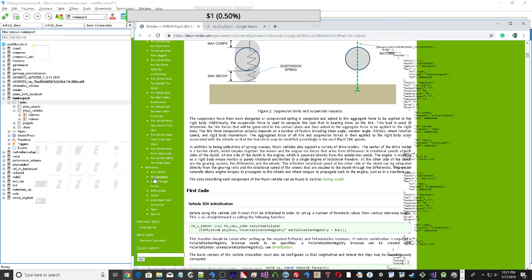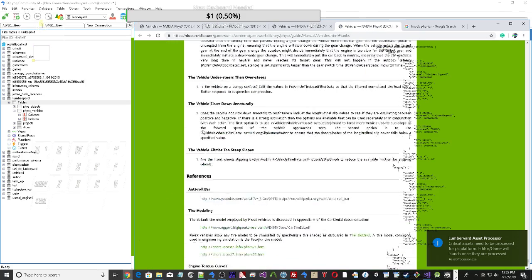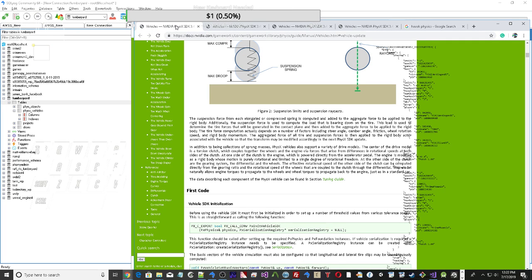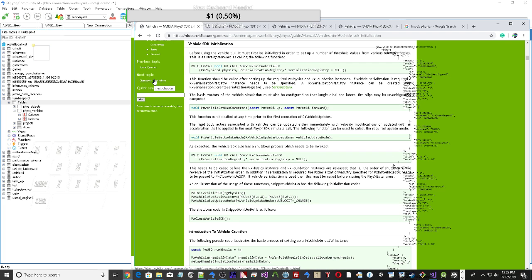Anti-roll bar, tire modeling, engine torque, differentials, clutch. I wish I knew more about fixing car mechanics, like actually doing it by hand. I guess I could replace my oil or something. My spark plugs. I have to, I don't know, probably pour in some more steering fluid and just make sure the car doesn't blow up. No, actually the car won't blow up. It's fine, but